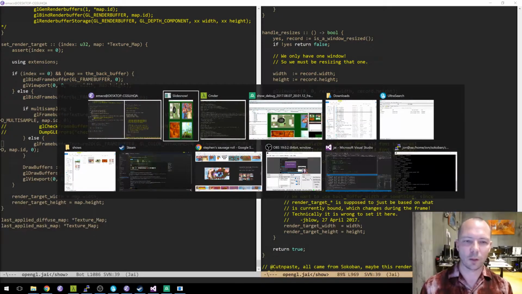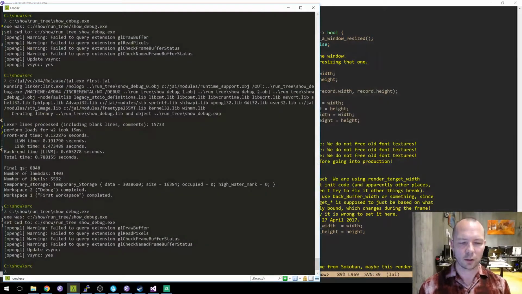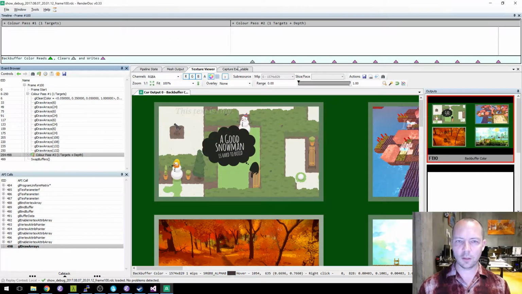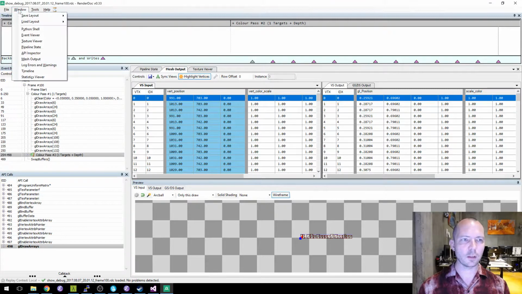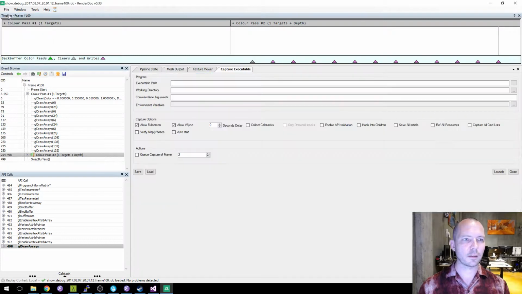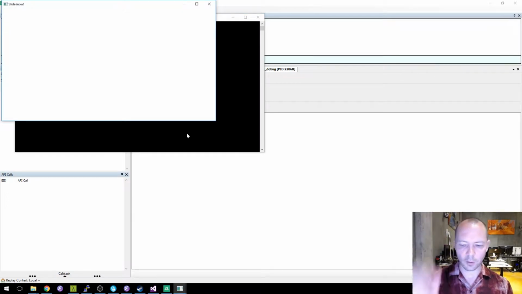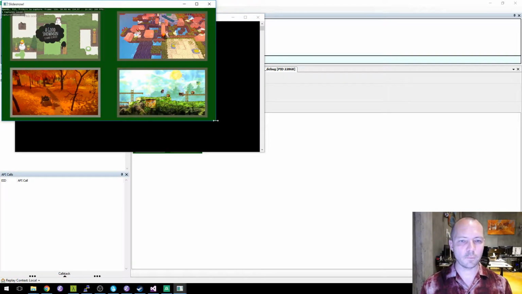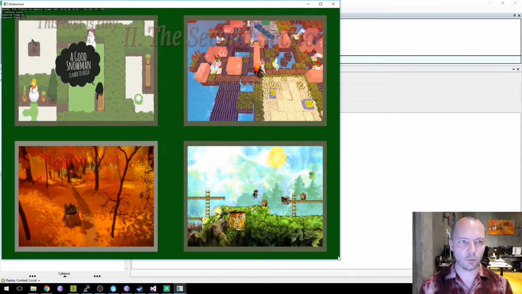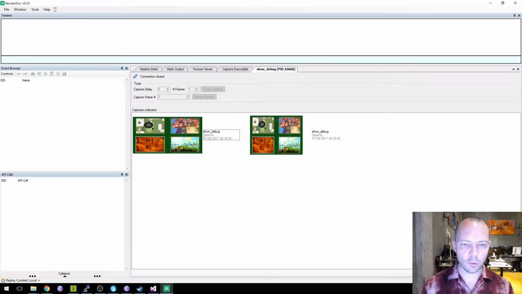Well, first of all, let's run some RenderDoc and make sure that what we think should be in the off-screen buffer still is, right? Whoops, I closed the wrong thing. How do I get that back? Okay, thanks for making me retype this. So print screen that. We'll get another one. Print screen, close. So we're going to look at this one.